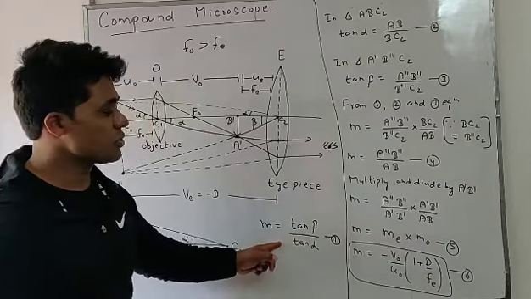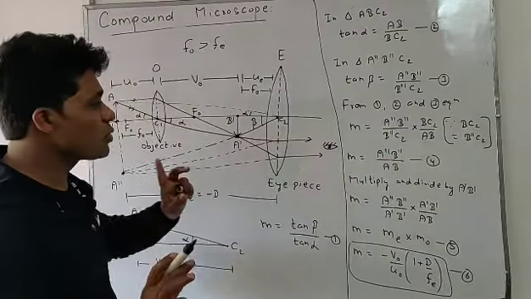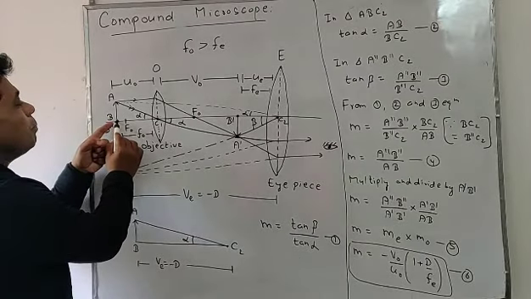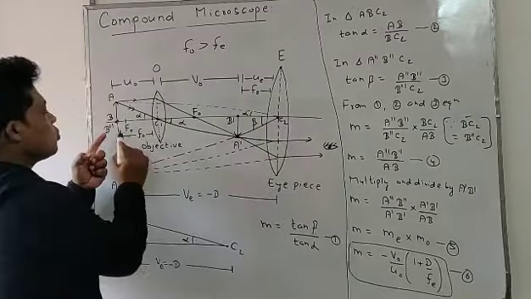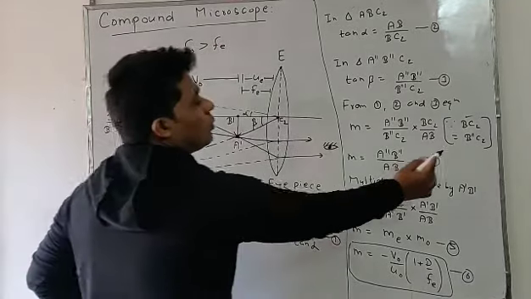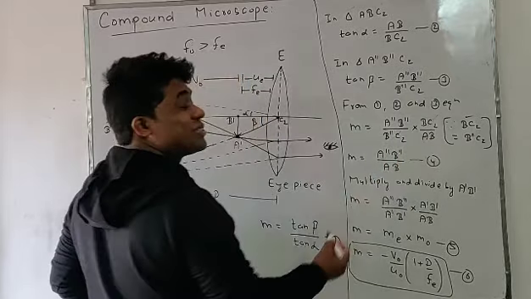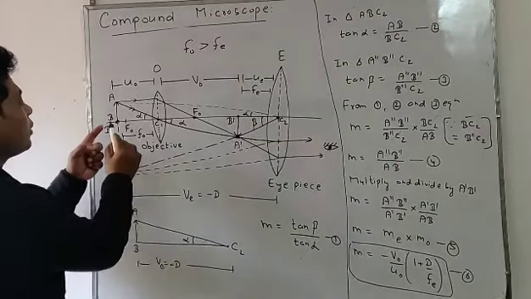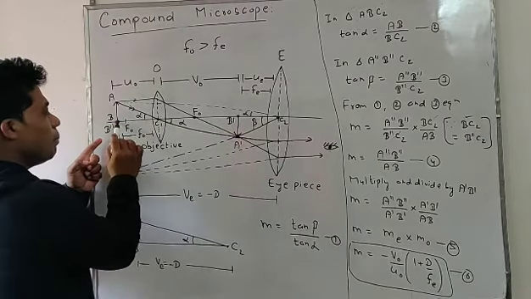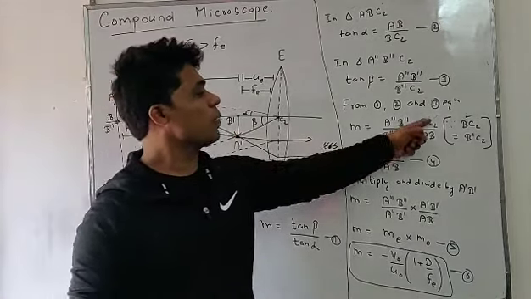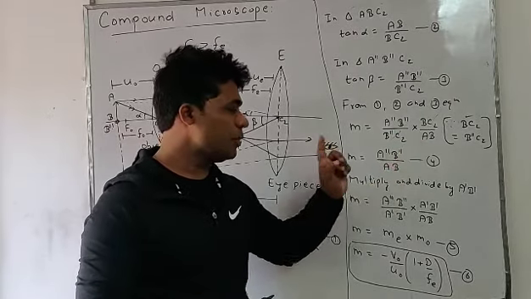Put these in that equation number first. So that is the value of tan beta and that is the value of tan alpha. But look, students, BC2 will equal B double dash C2, so this will be cancelled. BC2 is cancelled by B double dash C2 because both are equal. B and B dash are at the same point. So BC2 and B double dash C2 will cancel.